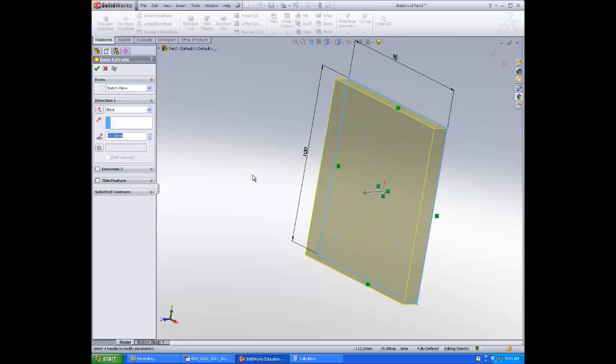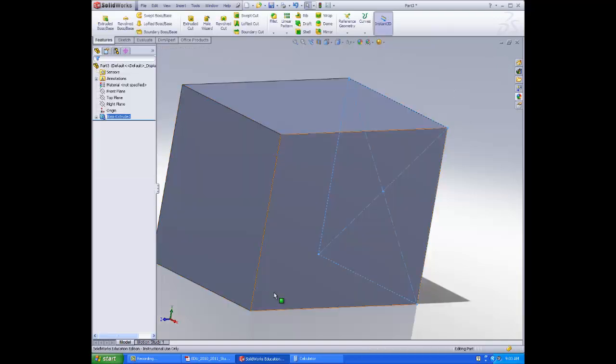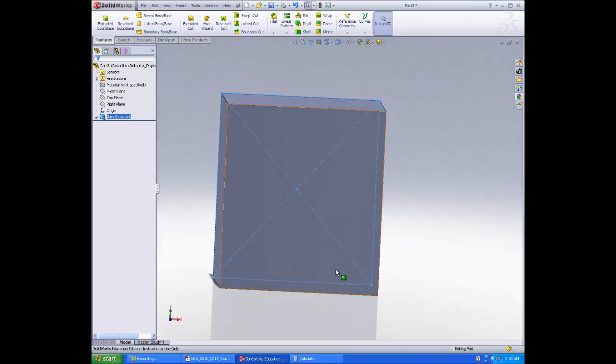So it's 124. So now we gotta make our cut. So go to extruded cut,